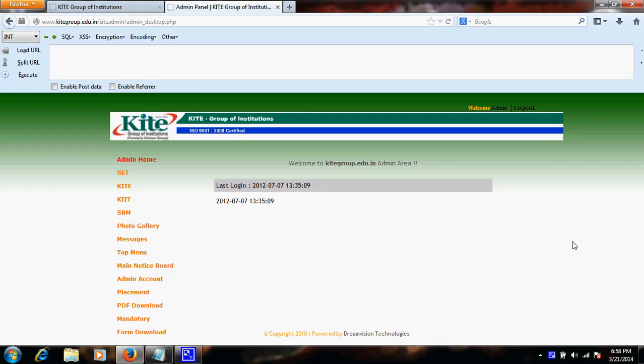After bypassing, we are able to get the user ID and password details, and whatever changes we want to make over here we can. So this is the way to bypass mod_security, known as the 406 error.